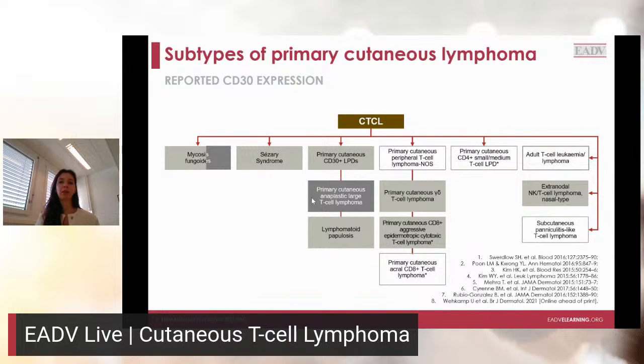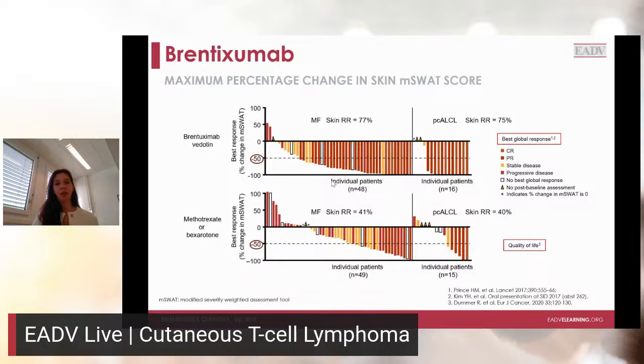And for the exceptional cases of the otherwise good prognosis, primary cutaneous anaplastic large cell lymphoma, for those cases that are a little bit more advanced and necessitate systemic therapy. So it is always nice to present one of the first large prospective trials with a very positive outcome. You see that most of the bars are pointing downwards, so we have a reduction of this MSWAT,